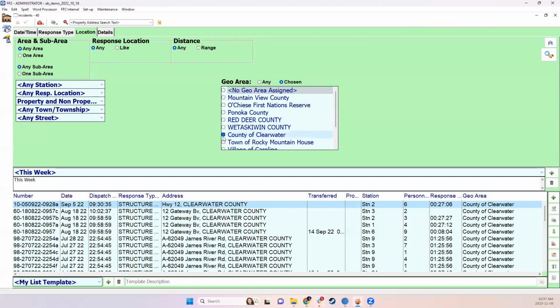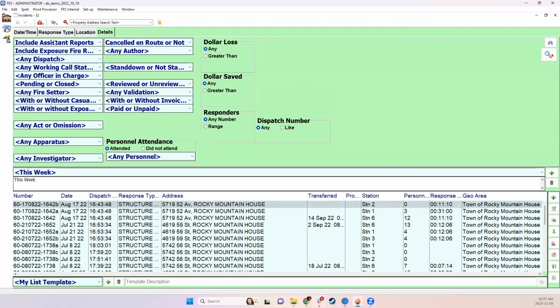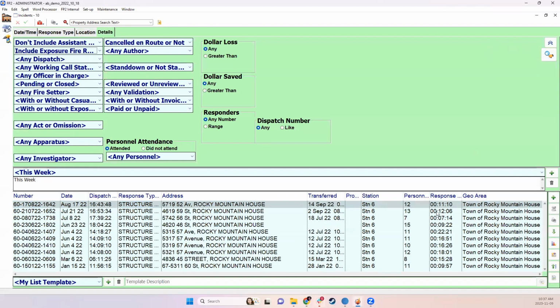But by modifying this, or looking at a different set of calls, I might be able to get better results. Likewise, I should, as a general rule, not include assistance reports in any way. So that already gives me, in this case, 10 responses that happened in this geo area, but we can see that our structures on things like response time and personnel on scene look quite